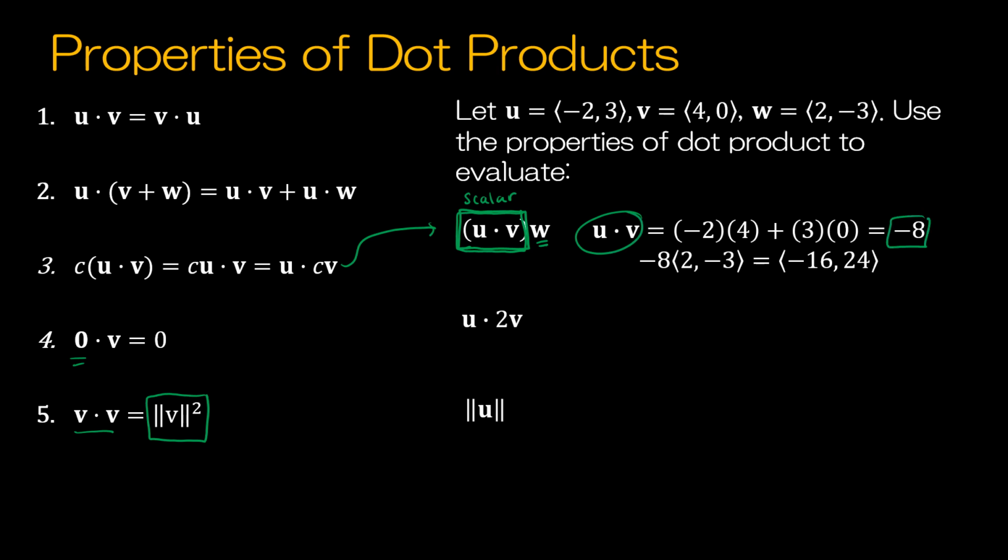So if I know u dot v is negative 8, I can just rewrite this as 2 u dot v, which is 2 times negative 8, which is 16. So that's how I can save myself some work. Lastly, I